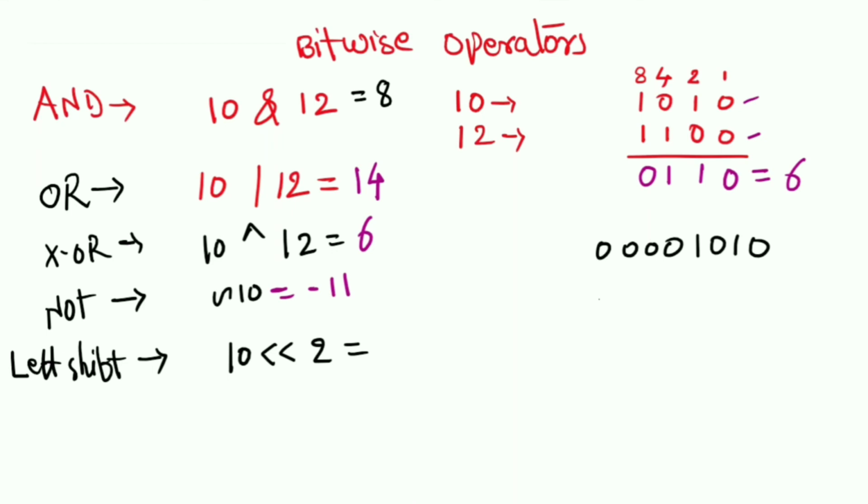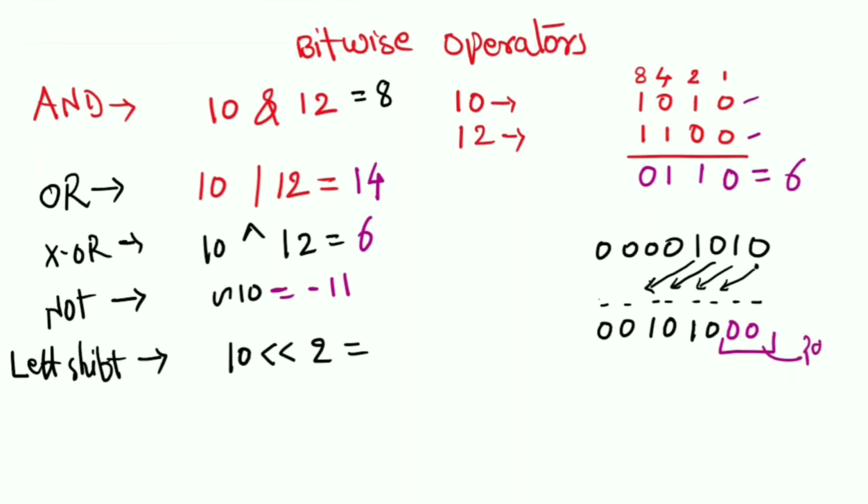These are the 4 bits I have appended here, and this is the actual binary representation in 8-bit format. So I want to shift to the left side, that's why these 2 bits will come. So these are the 8 bits. This particular bit will be shifted here, this will get shifted here, this will get shifted here, and this will get shifted here. Likewise I will get here 0 0 1 0 1 0, and the remaining 2 bits I am going to pad. These are nothing but the padding bits.